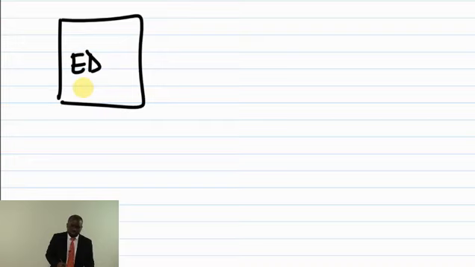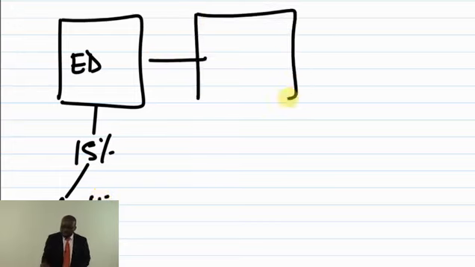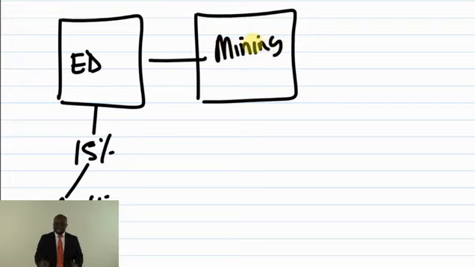The examiner is not going to tell you calculate project specific cost of capital. So now LSBF is in the education industry. Its WACC is 15%. Its beta, or equity beta, is 1.5. LSBF is now thinking to do a new project in the mining industry. Can LSBF use this 15% as a way of discounting the cash flows in the mining industry to calculate the NPV in order to decide whether to go into mining or not?